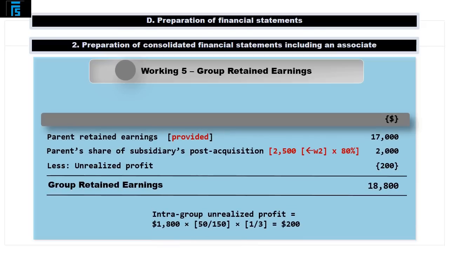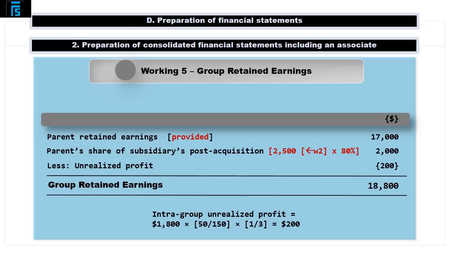The fifth and final working, group retained earnings, begins with the entire retained earnings of the parent as at the date of consolidation, giving 17,000, to which we add the parent's share of the movement in the net assets of S. This is equal to 80% of the outcome of the post-acquisition column from working 2. That is €2,000. As already noted, we must, however, adjust group retained earnings downwards for the unrealized profit resulting from